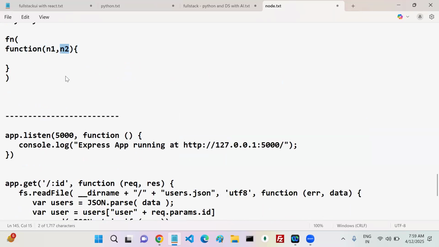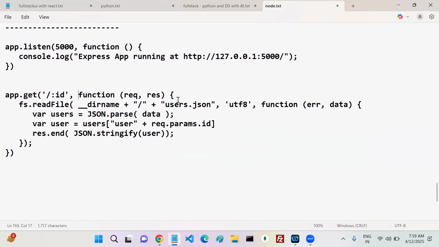N1 and N2, right? Here also same story. This is my function I gave to my get, and it calls this function by passing two parameters. What are those? Request and response. What is request, what is response? That is secondary. The top-level syntax is that my anonymous function I gave to get as a callback. Those people call it again by passing two parameters or three parameters, whatever it may be. They pass some values back, yes or no?